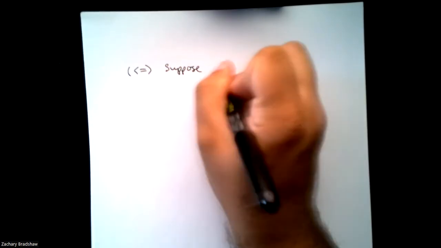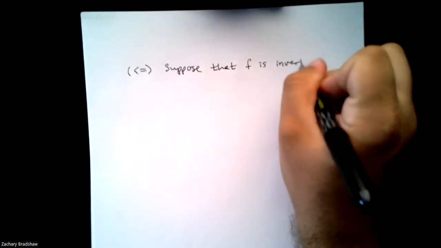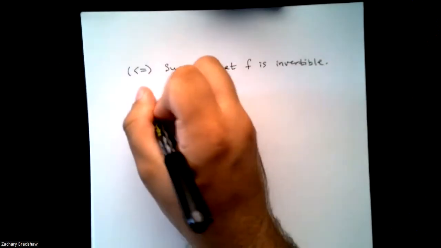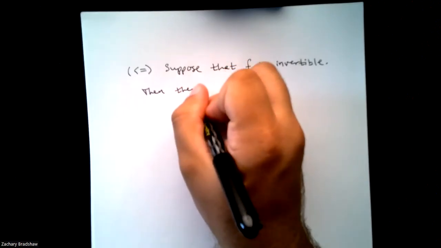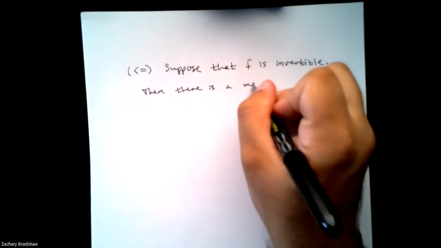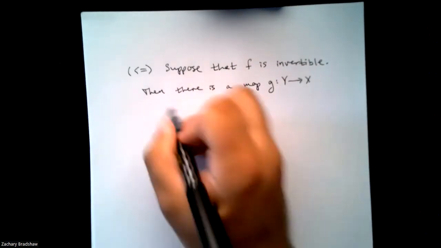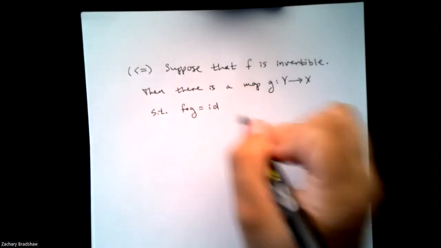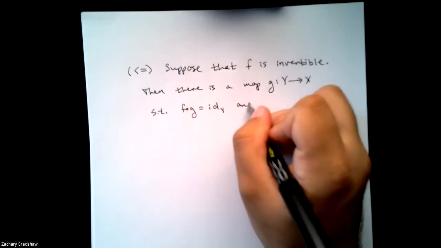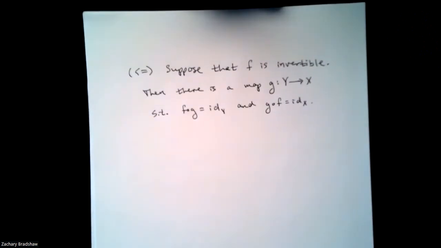suppose that f is invertible. Well, what does that mean? That means that there is a map g from y to x such that f of g is the identity on y and g of f is the identity on x. Okay, so now what we want to do is we want to show that f is